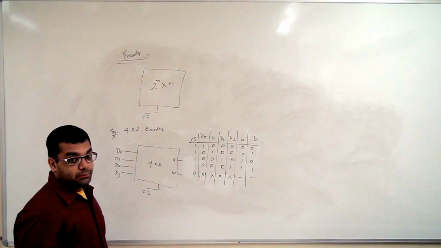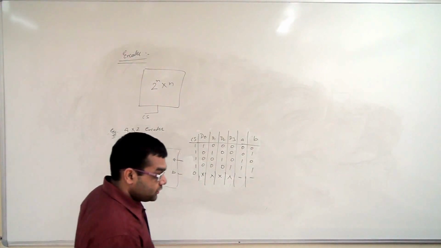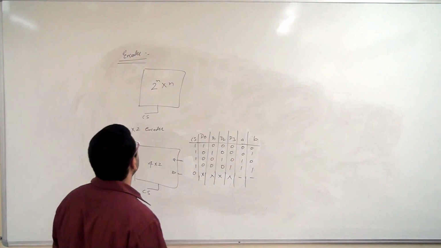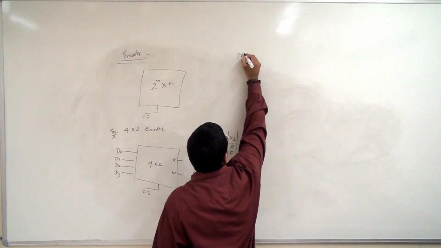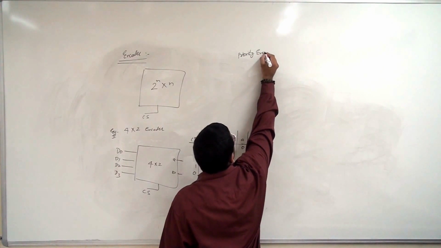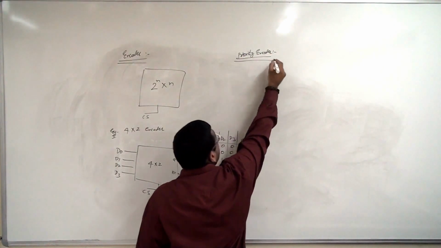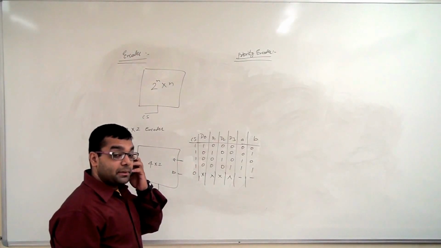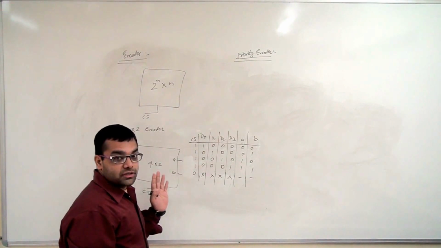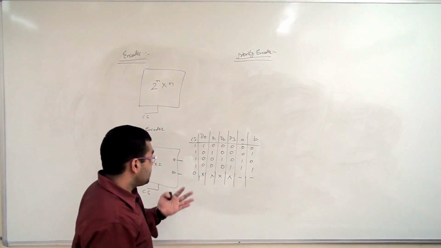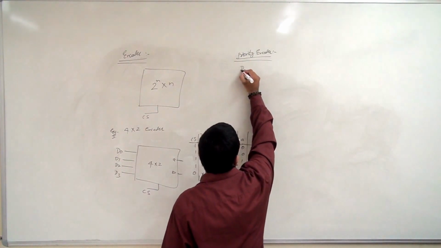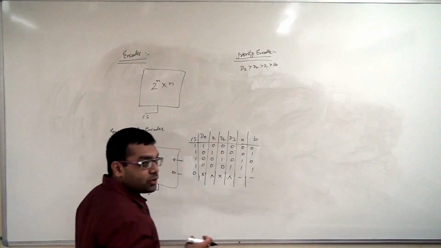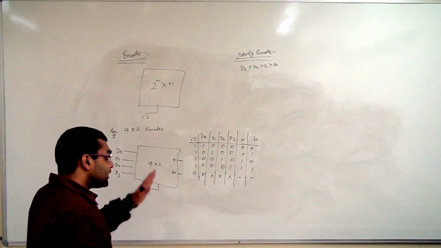Now the encoder in itself is not that important, as we have another modification of it that is called the priority encoder. What is the concept? In a priority encoder, if the higher priority input is 1, whatever the value of the lower ones, that will remain unaffected. Suppose I fix my priority order as D3 greater than D2 greater than D1 greater than D0. It could have been the other way around also. I have taken this assumption.